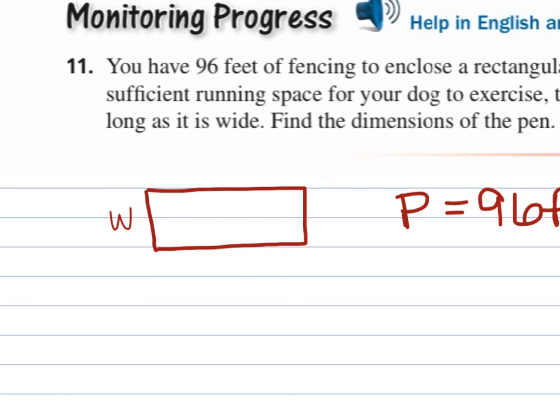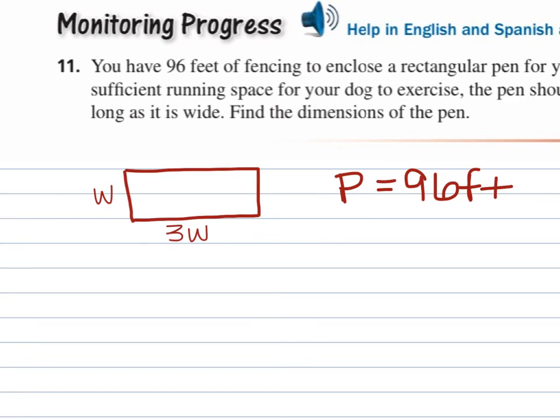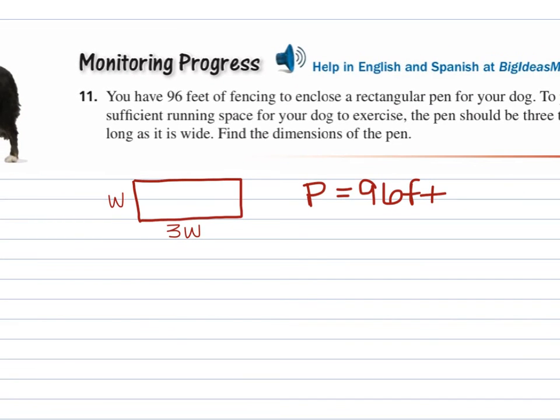So this would be the width. This would be 3 times the width. So we know our perimeter is 96 feet, and our width is W, and our length is 3W. Our perimeter is 2 times the length plus the width. So this is going to be 96 is equal to 2 times our length, which is 3W, plus our width,